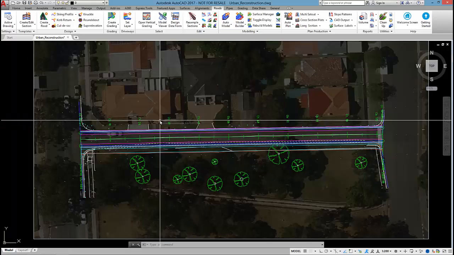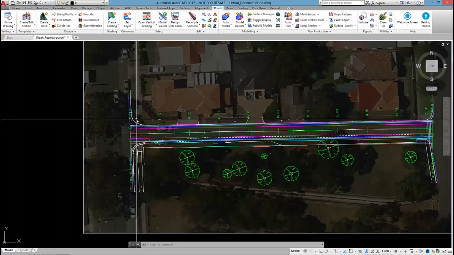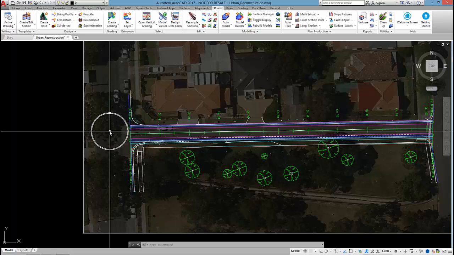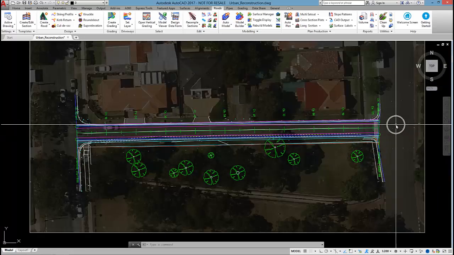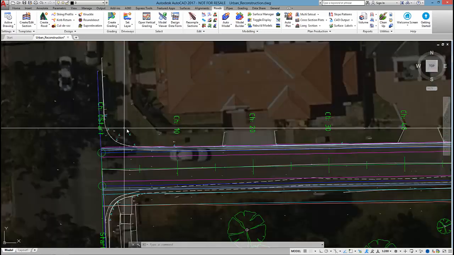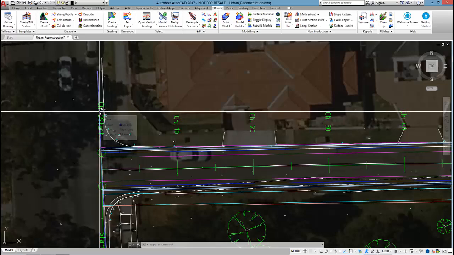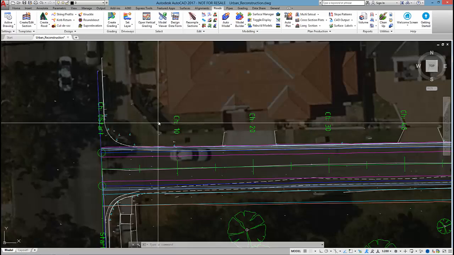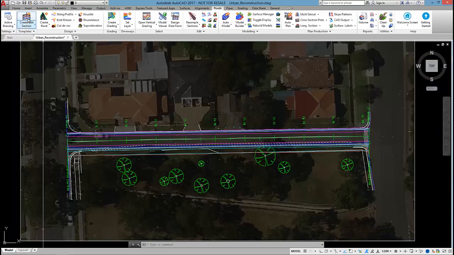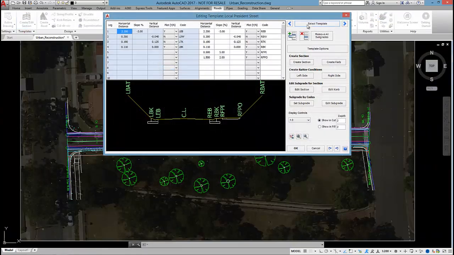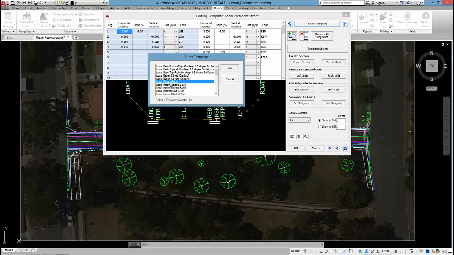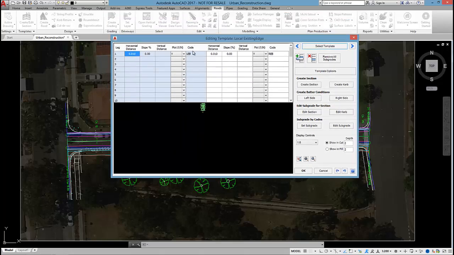In this video I'm going to show you a technique to tie into an existing road edge. So we don't want to reconstruct this road or that road, we just want to tie into it. We will be creating new curb returns matching into the existing edge. So I have a template created called existing edge, and that template consists of an LEB and an REB